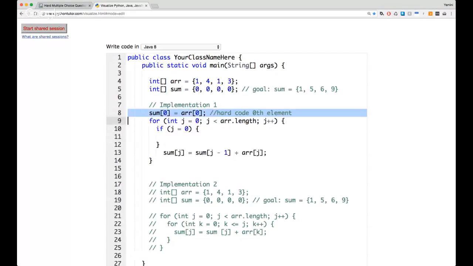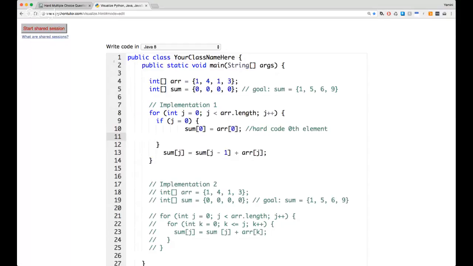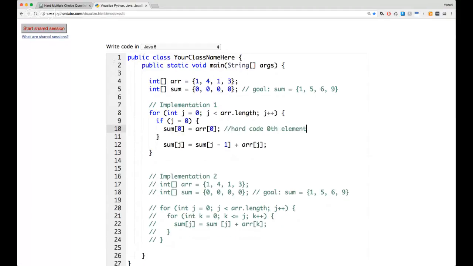Yeah, exactly. So I could move this inside here. And that would basically be doing the same thing that you did, except we're just keeping it all in the for loop. Oh, I see the if statement. Yeah, that works out. And then